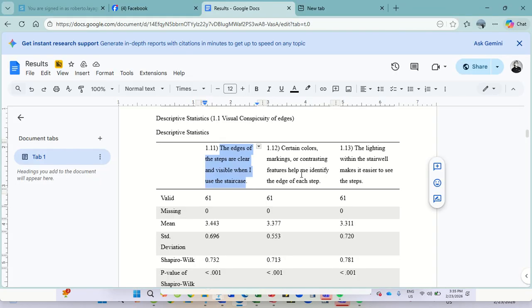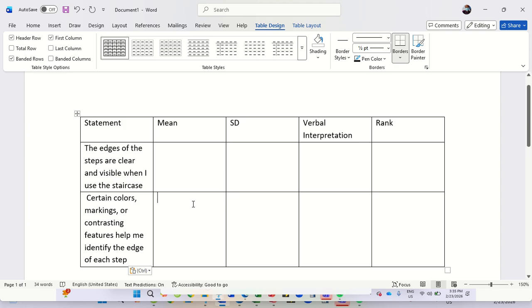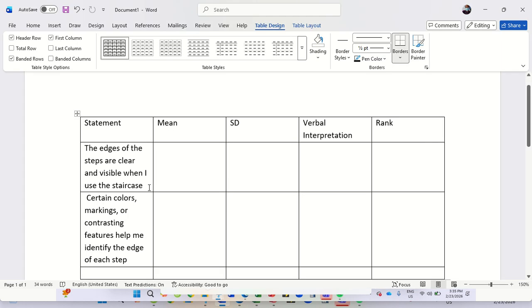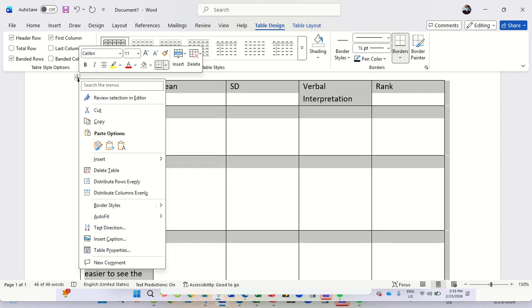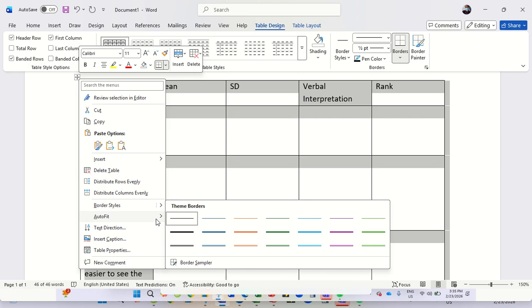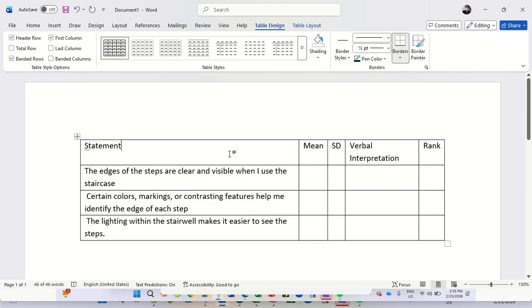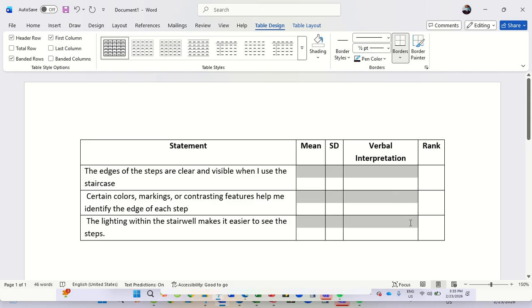So let me just copy all the statements, and then this one. So those are your statements, and then it's much easier now to look at this one. This auto fit content, so it's much more presentable right now. So working with that, let's have this bold and then Control Enter. Control E to make it center.